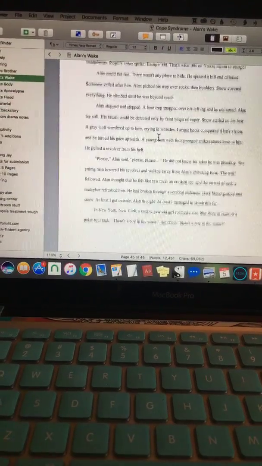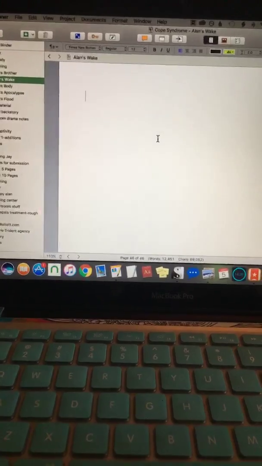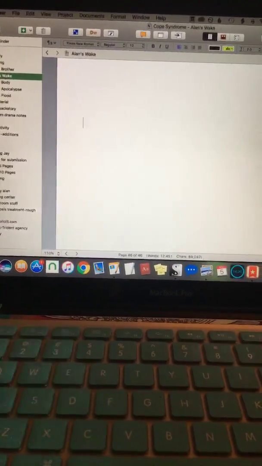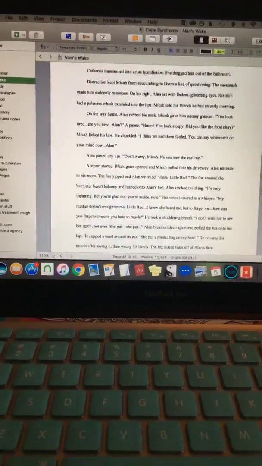Do we have to know why he could escape? Do we have to know? I don't think we have to know. I think if we have to know, then a copy editor will tell me that we have to know, and then I'll fix it. But at this stage, I'm okay with just not knowing.